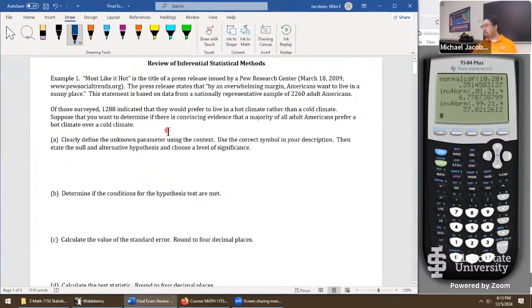Example 1 says, "Most like it hot" is the title of a press release by the Pew Research Center, a premier polling agency. The press release states that by an overwhelming margin, Americans want to live in a sunny place. I would agree with that, especially in the month of December. This statement is based on data from a nationally representative sample of 2,260 adult Americans. So not just Idahoans. As a nation, people like warmer climates, it sounds like. That's enough information for us to start writing down things. Sample size is 2,260 adults. And it says next, of those surveyed,